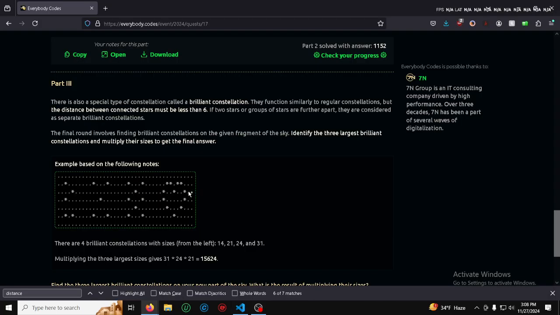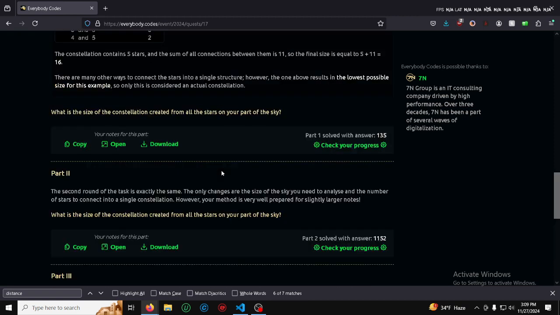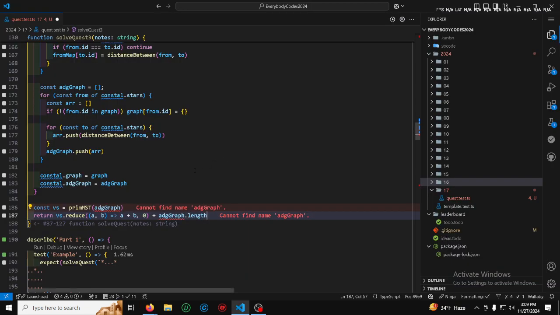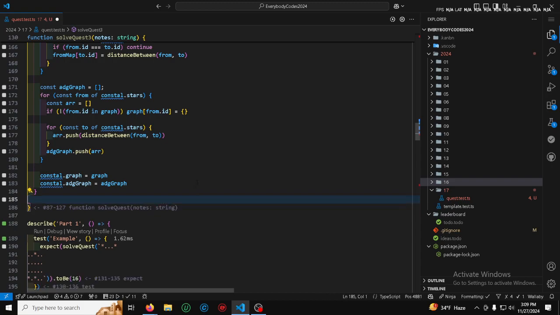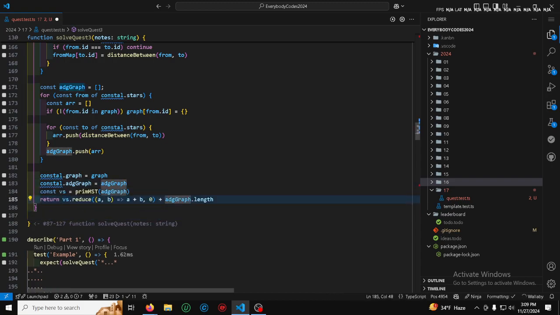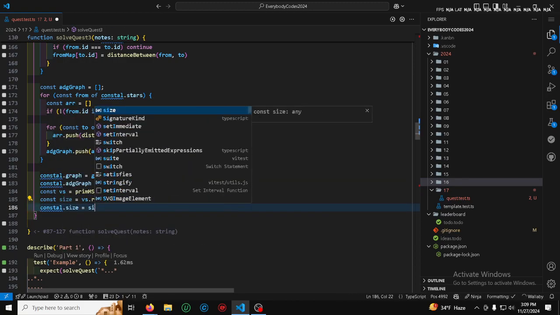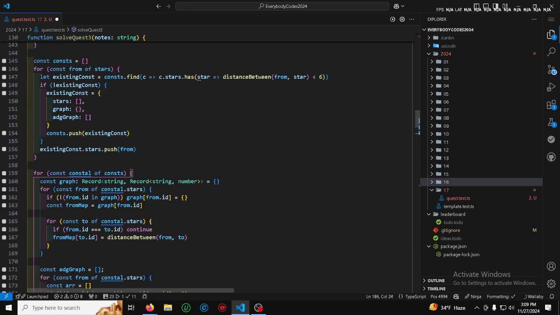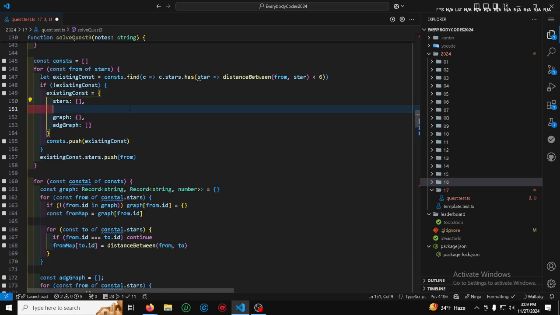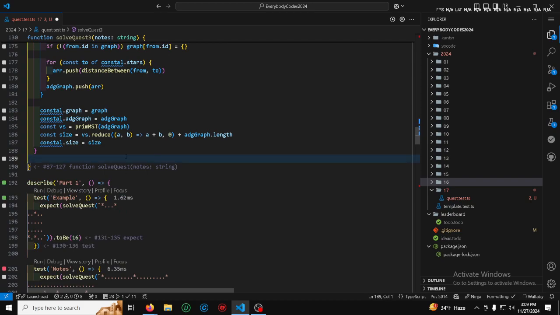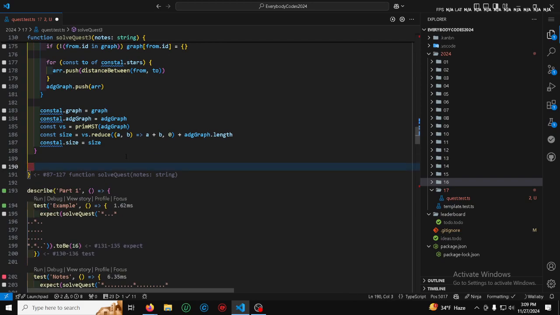What's the math down here? Sizes. Okay, wait a minute, just sizes or to do the other math with it? Final size is that. Okay, so it is sizing. So const size equals size. Great, look at all these things we're adding to our constellations. Okay, then we have a bunch of constellations. We just need the top 3. So return